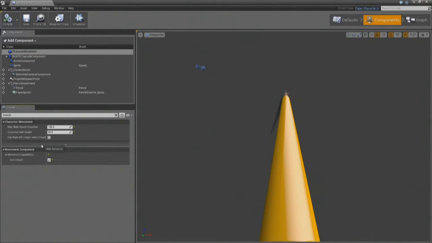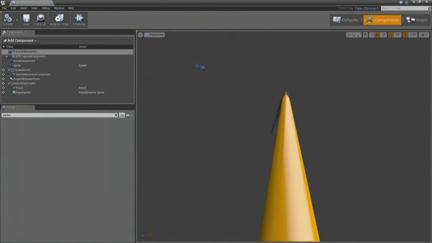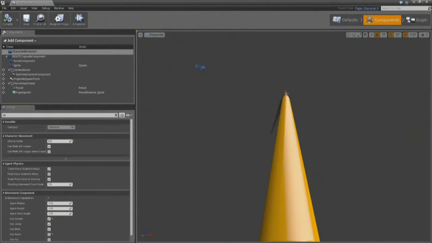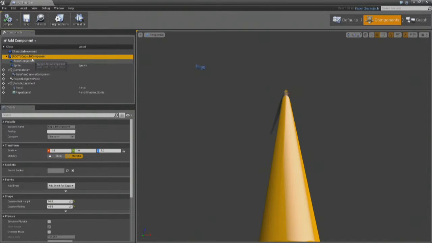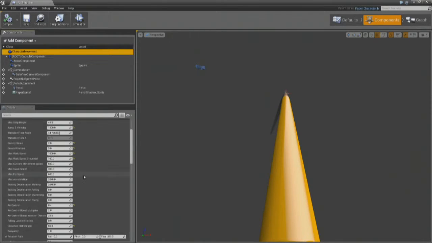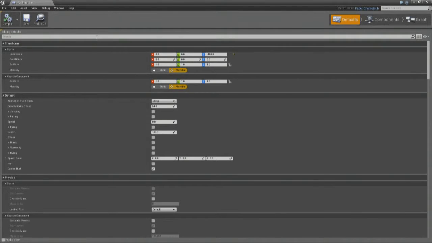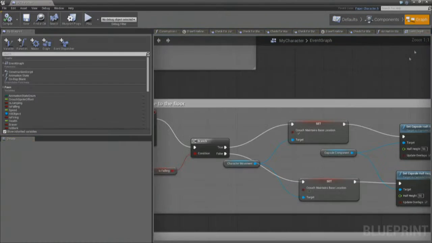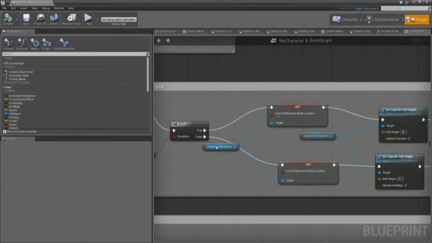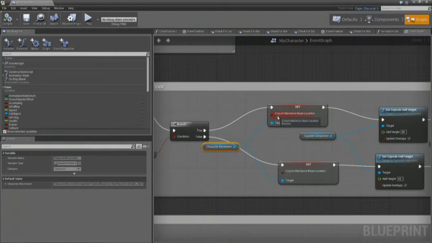So let's see. They might have changed the name of it. Well, I'm not even seeing it anymore. Is it on the movement component or is it on the character itself? I thought it was on the movement component. Well, hang on, let me just look back at my graph. No, it is on the character movement component. So there is a property in there called,